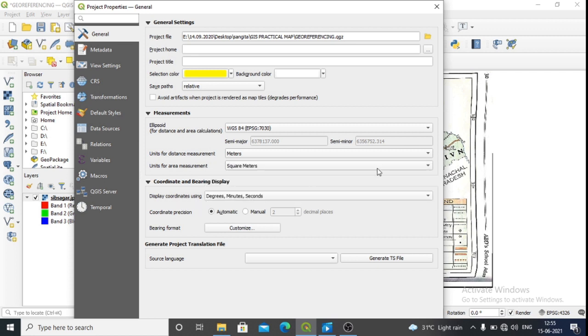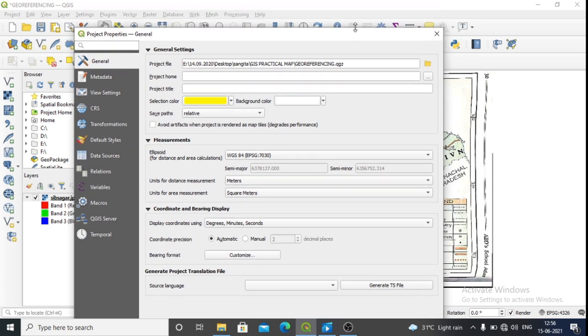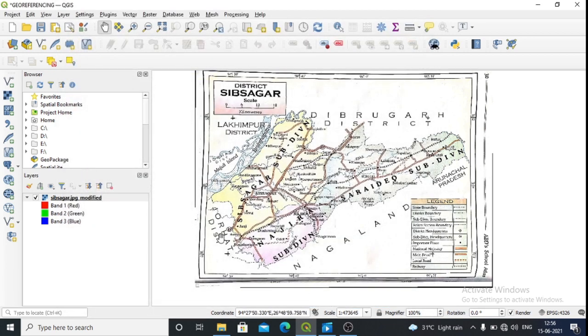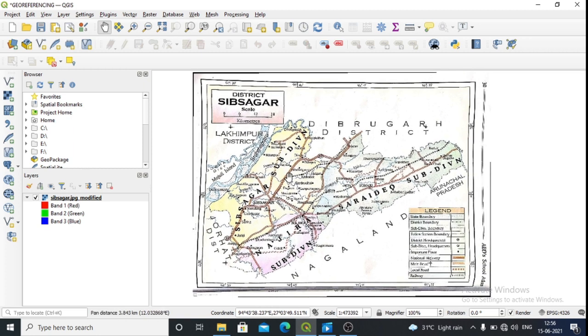Then after that click on apply and okay. If it was in decimal format, then after selecting degree, minute, and second, your latitude and longitude value will appear in this particular format. So this is a georeference map of Sibsagar district of Assam.